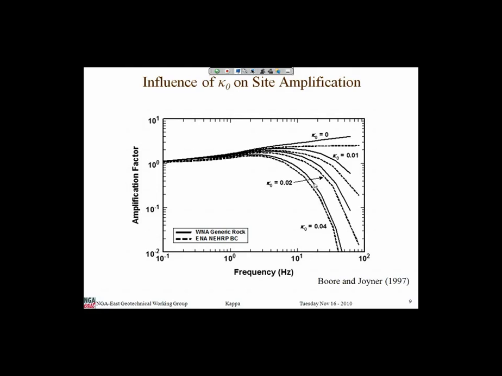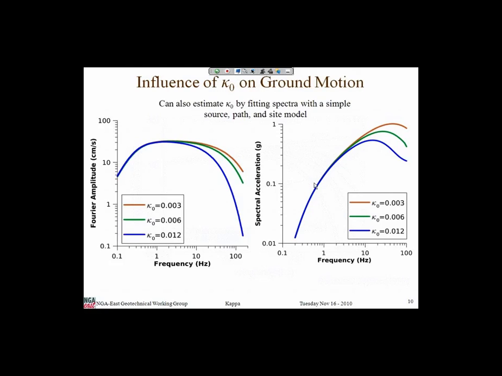Basically, kappa has the same effect in the west as in the east for the same exact value. They're separated just because the amplification is different, but you can see the effects are the same. And also you can see the very strong effects. Even a moderate kappa of 0.04 is a typical rock site in California, and 0.01 or less is a typical value in the east. And you can see that huge difference. This is the difference that you see between west and east. It's largely a damping effect, actually.